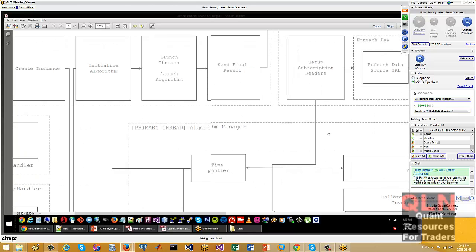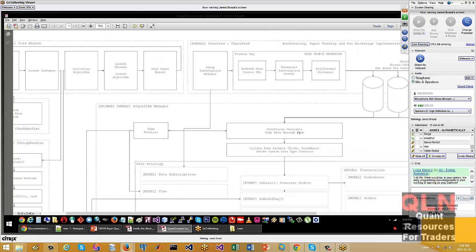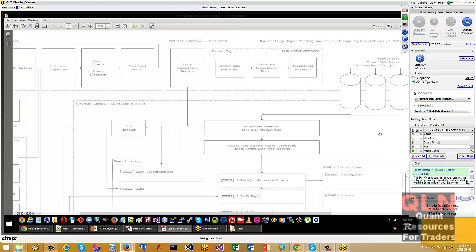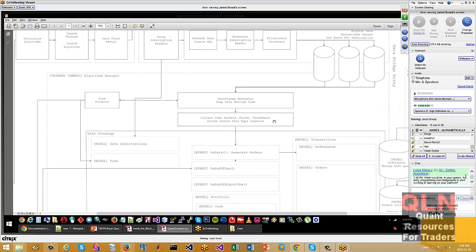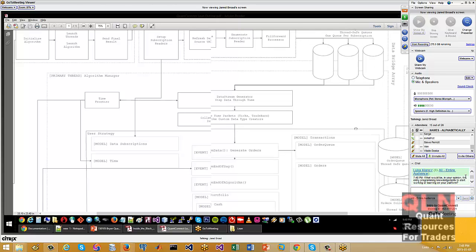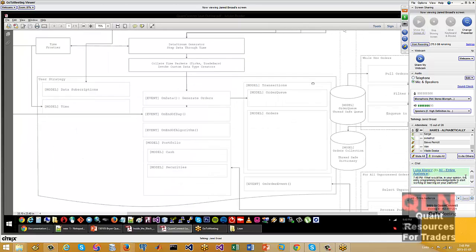And those threads are really the top ones: the data thread, the transaction thread, the result thread, how you process the results, and the actual algorithm itself. And so it runs in those 4 core threads in parallel.